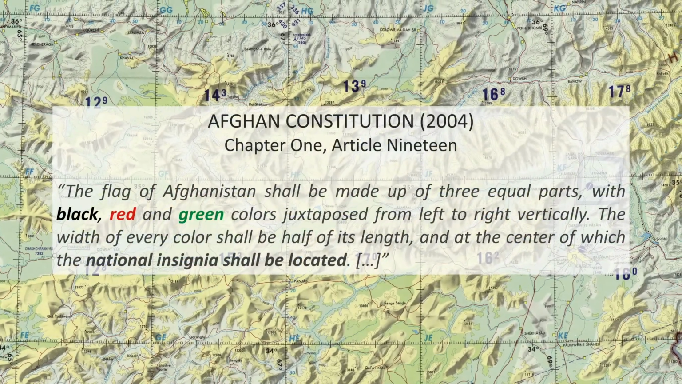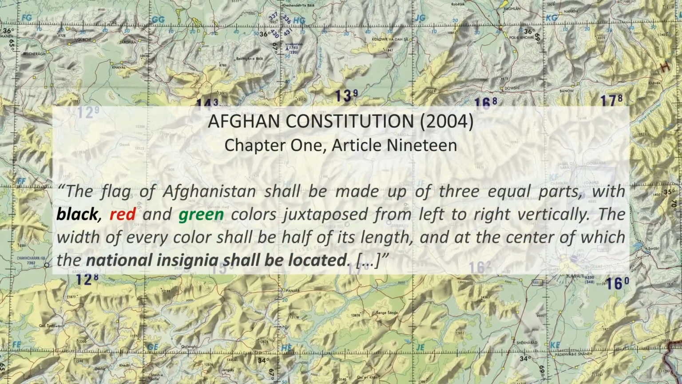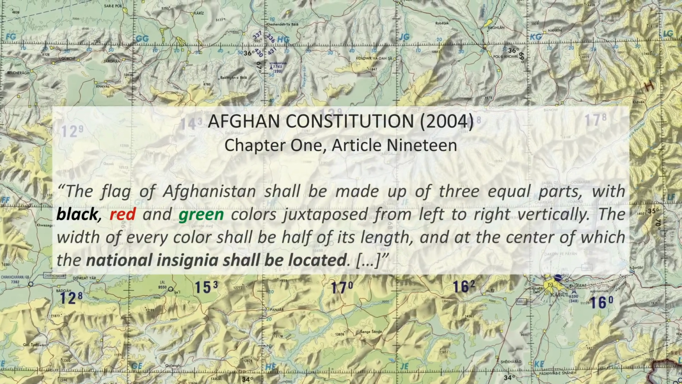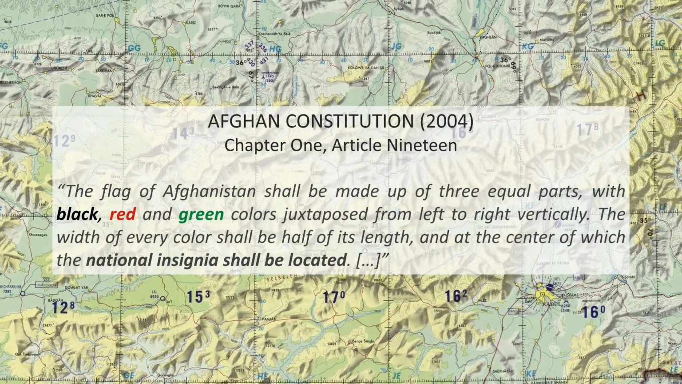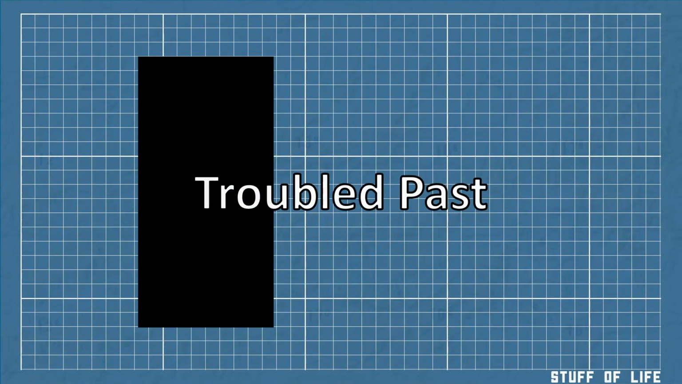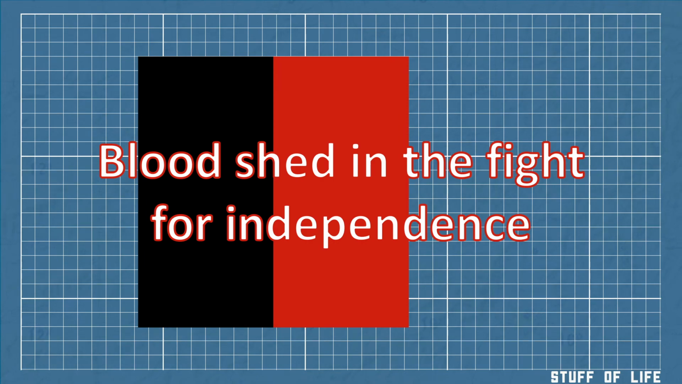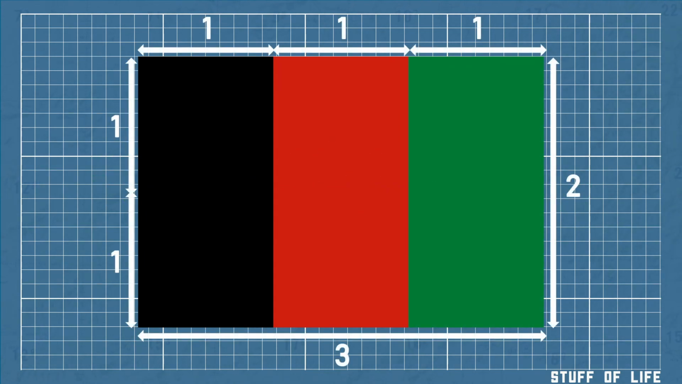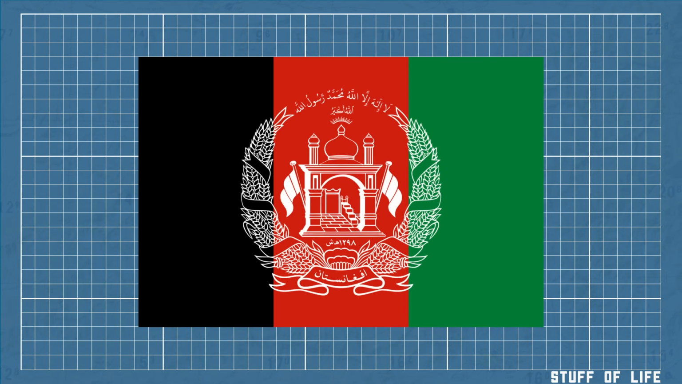According to the 2004 constitution and official data, the flag of Afghanistan shall be made up of 3 equal parts, with black, red and green colors juxtaposed from left to right vertically, with black representing the troubled past, red for the blood shed in the fight for independence, and green for religion and prosperity. The width of every color shall be half of its length, and at the center of which the national insignia